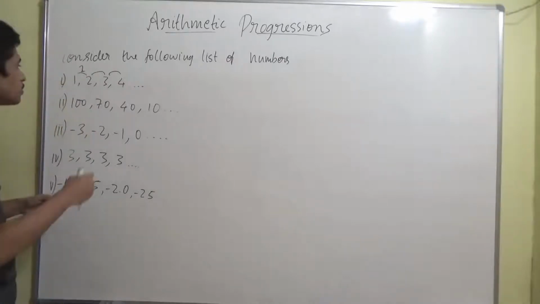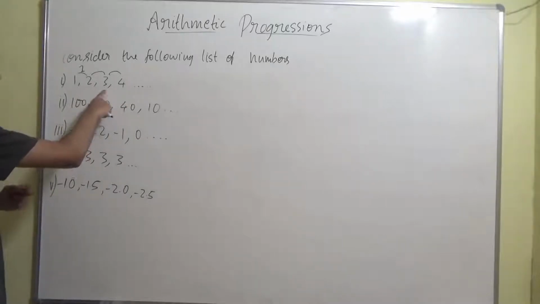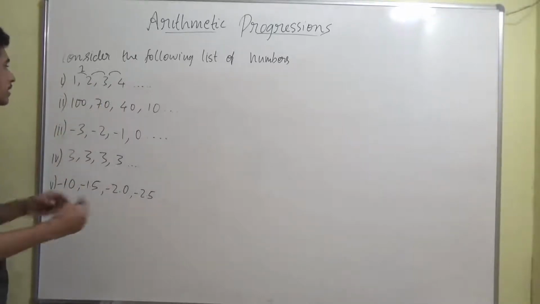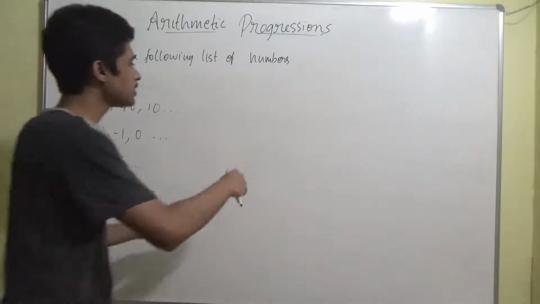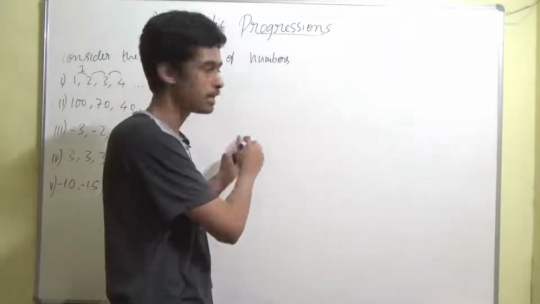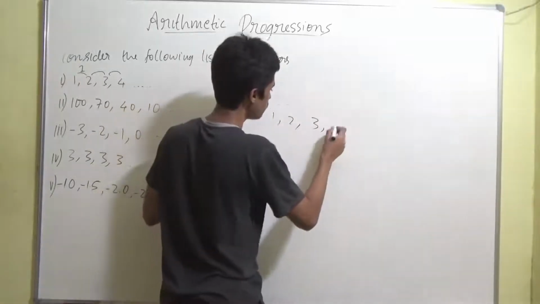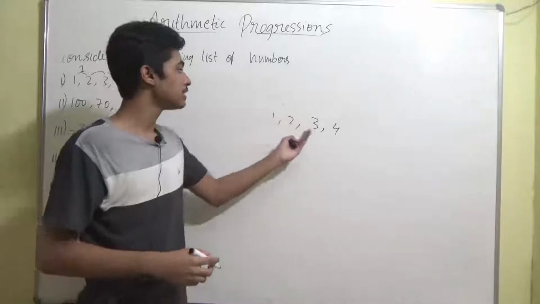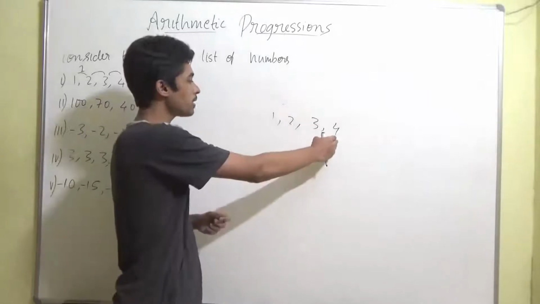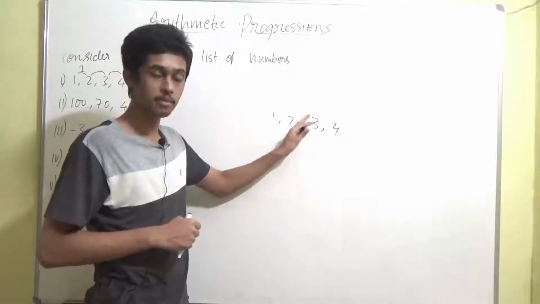And if you consider the difference between these 2 terms, this one becomes the preceding term and this one becomes the succeeding term. Succeeding means something which is going forward in the series, and preceding means something which is back, right? For example, we'll take the same example. I write it here. 1 2 3 4, so 2 becomes succeeding to 1, 3 becomes succeeding to 2, and 4 becomes succeeding to 3, and 1 becomes preceding to 2, and 2 becomes preceding to 3, and 3 becomes preceding to 4.